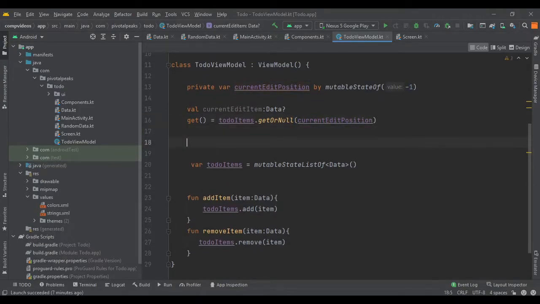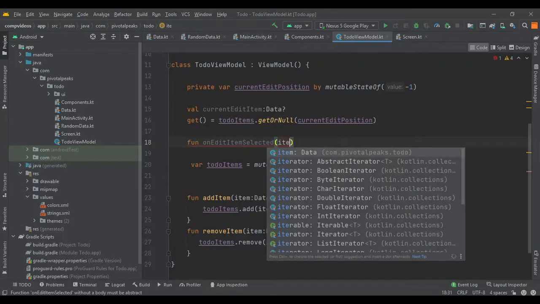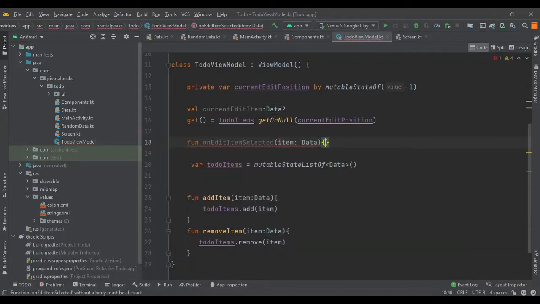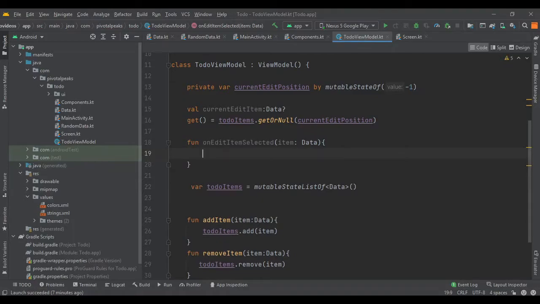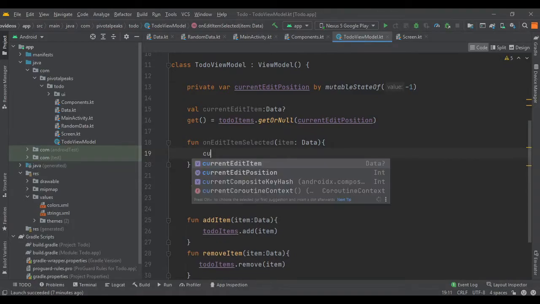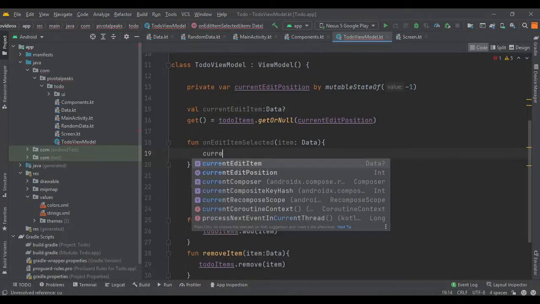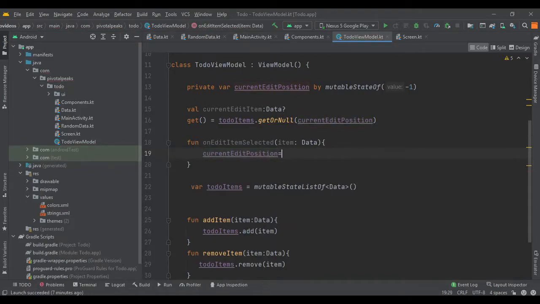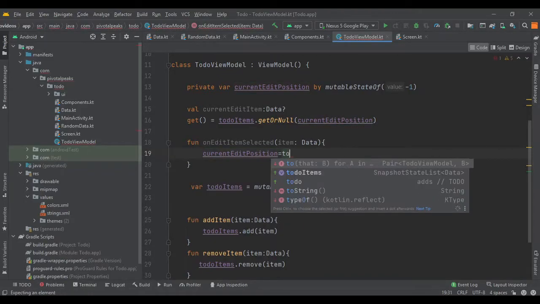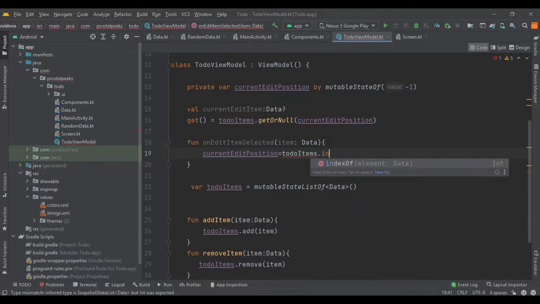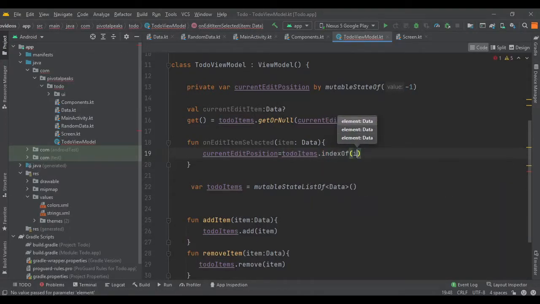So let's create our events function on edit item selected and pass the item of type data, and inside the function we just set the current edit position to to-do items dot index of item.